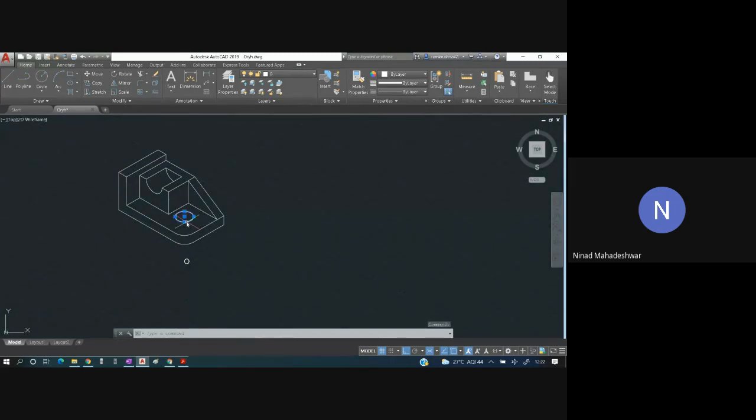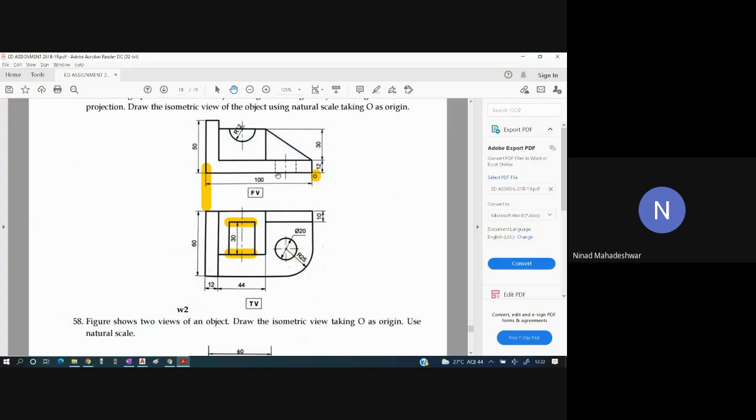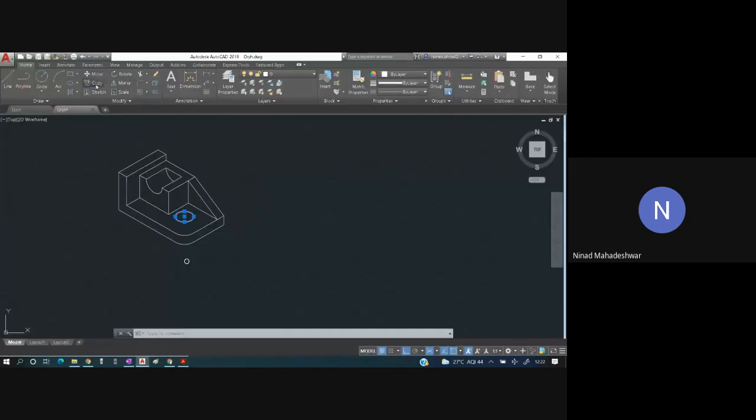From here we have to project this downwards because it is going throughout. So we will copy this. From this center you have to go down, not here, not here, you have to go down. Press F5. You have to go down by how many mm? 10 mm. So we have gone down by 10 mm. The rest of the hidden section we have to trim. This part we have to trim, this part we have to trim. That is how we have got this entire part.